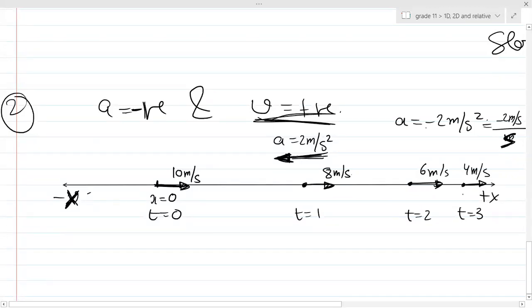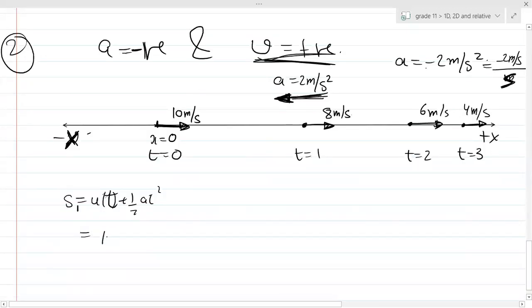Okay. Now what will be the position? So x at 1 second is equal to u into t plus half into a into t square, right? Ut plus half a t square. So I can write 10 into 1 plus half into minus 2 into 1 square. So can you see this will be 9. 10 minus 1 will be 9 meters. So basically in the first second it will travel plus 9 meters.